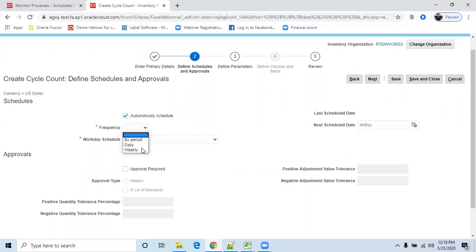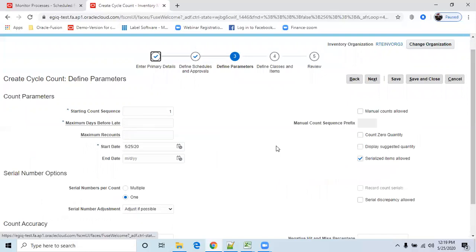If it is costly items, they will go for daily. So if I run today, when is the next schedule? Tomorrow. The system will automatically calculate the schedule date based on the frequency. We need not select manually. Okay, and click on next.